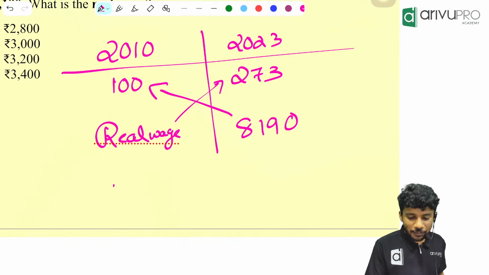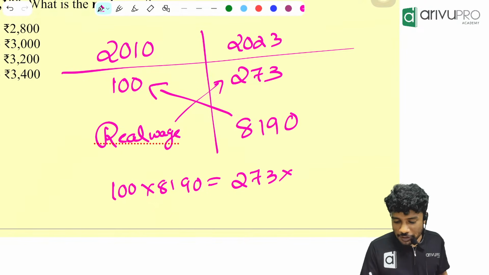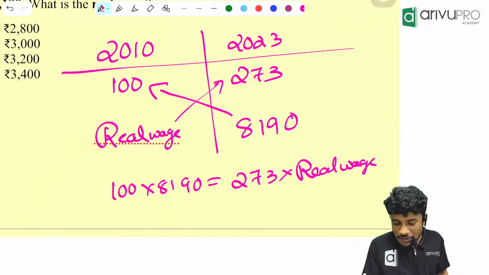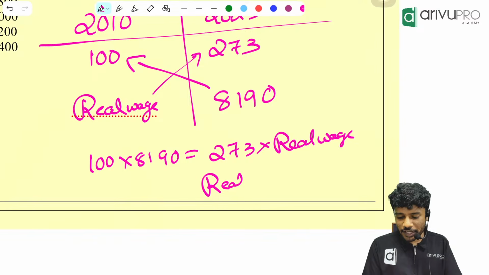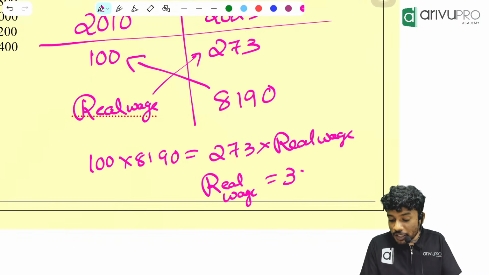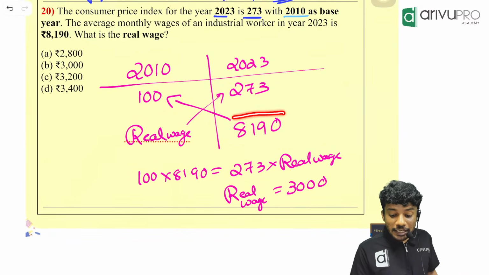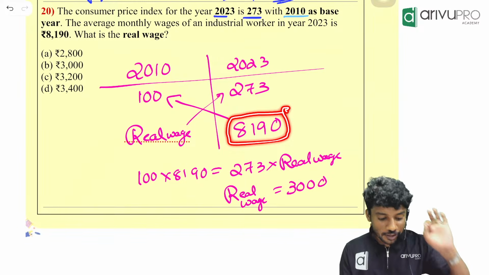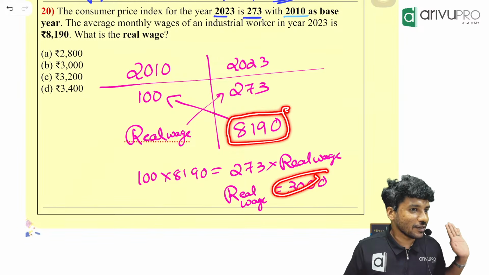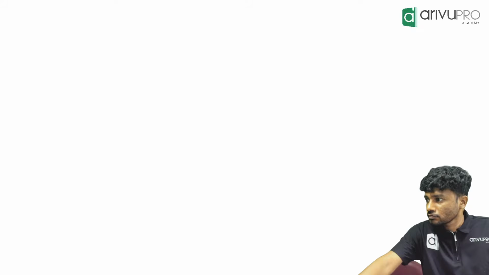Everyone do that. That will become 100 into 8,190 is equal to 273 into real wage. Now tell me how much is the exact answer you are getting. 100 into 8190 divided by 273 is equal to what? Real wage is coming to be how much? 3,000. Now you will feel, they are paying him 8,190, but the value of that 8,190 is just 3,000. They are paying you 1 lakh rupees, but because of the increase in price,